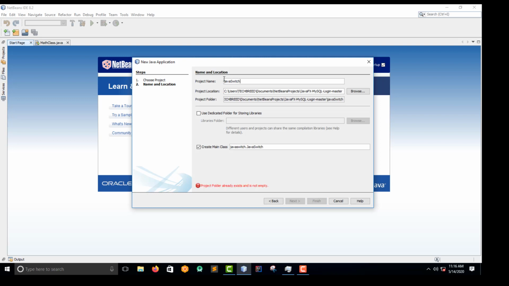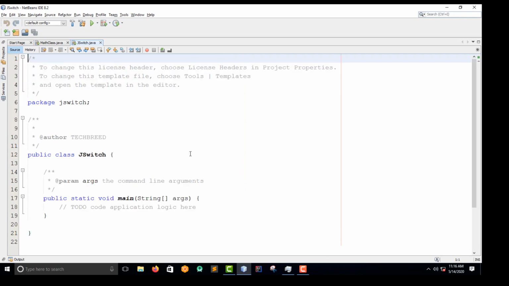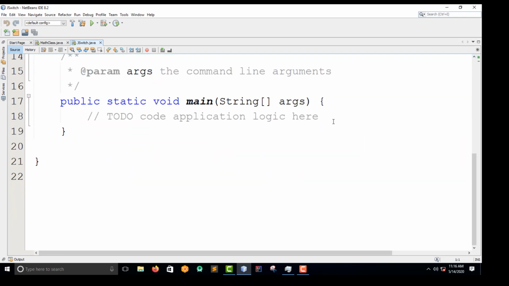And then a project folder already exists on the left. Okay, it seems that I have done something, but I'm going to change one more letter here to make it different. I'm going to say J switch. At least you understand what I'm saying, guys. There we go. So it's simply Java switch. There it is done. I'm going to make this bigger so at least you can see it clearly.